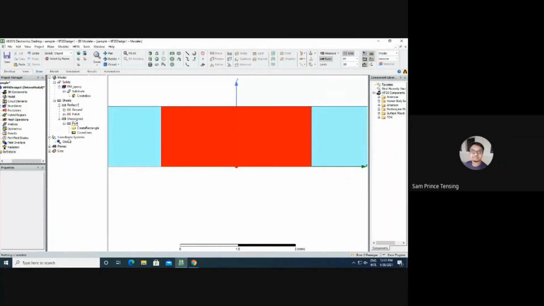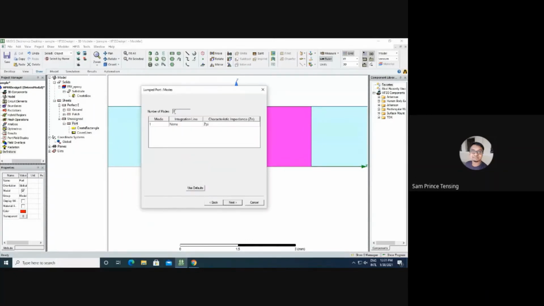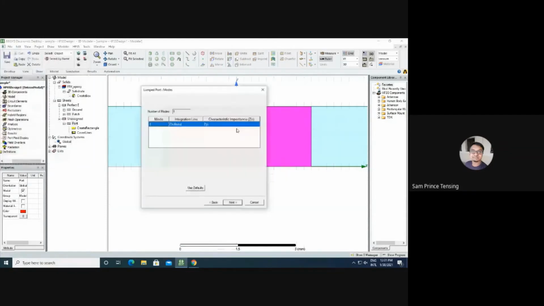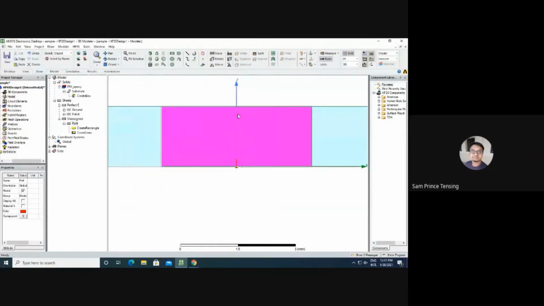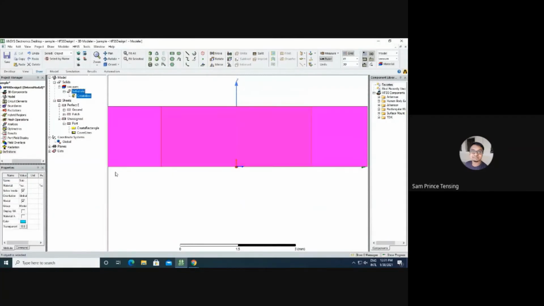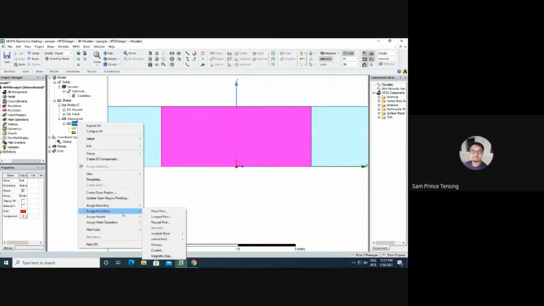Sometimes we do make mistakes in this thing, especially. I'll just show lumped port. Next. See, if you place somewhere else, or if you're not placing your point correctly, it will come like defined invalid. Like that, it will come. So while placing the port, you should be careful that you are seeing both the triangles.